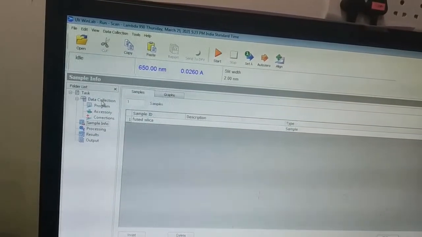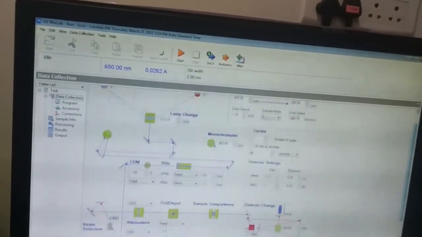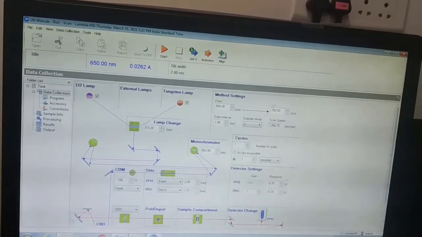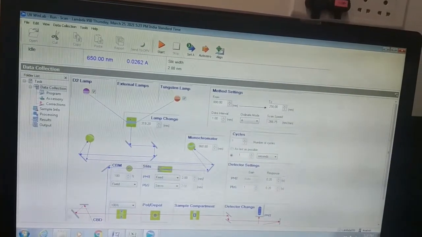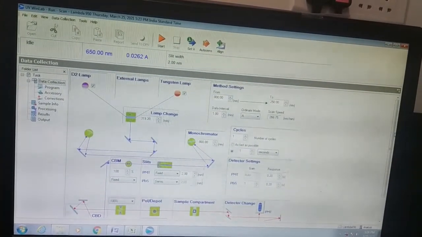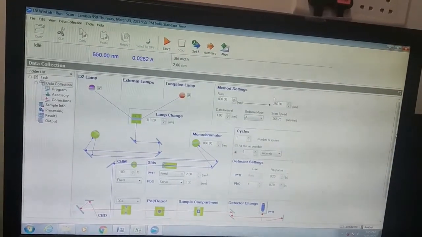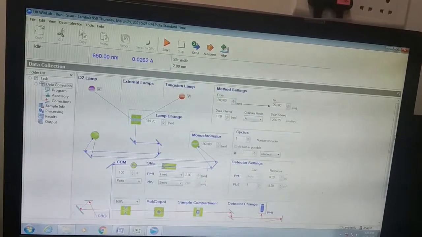Then click on data collection. During the experiment, don't scroll in the screen. Actually, if you scroll, then it will change the imported data.